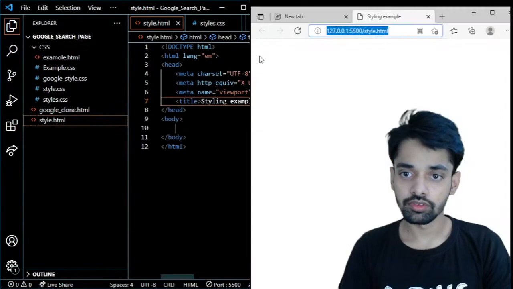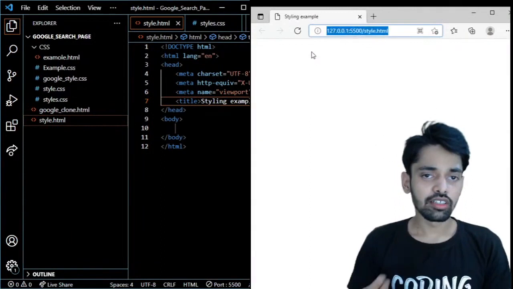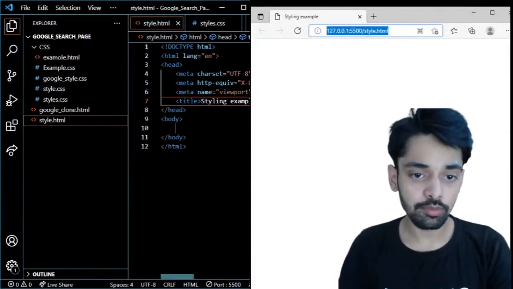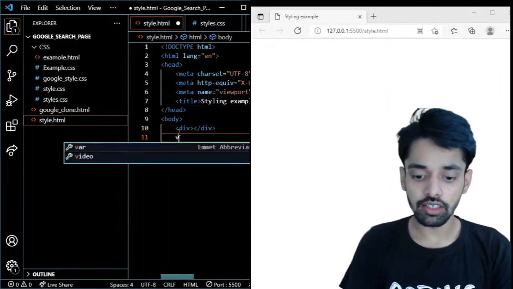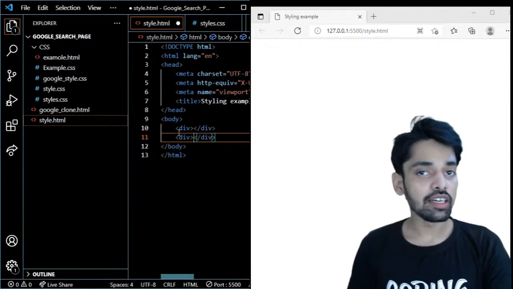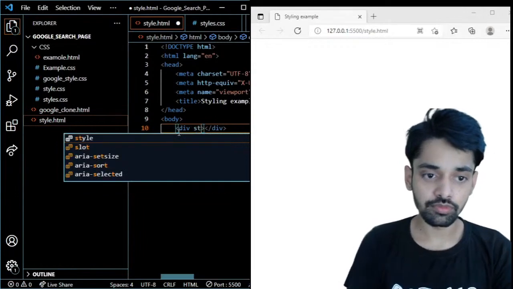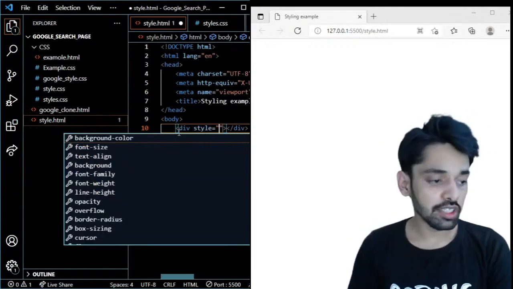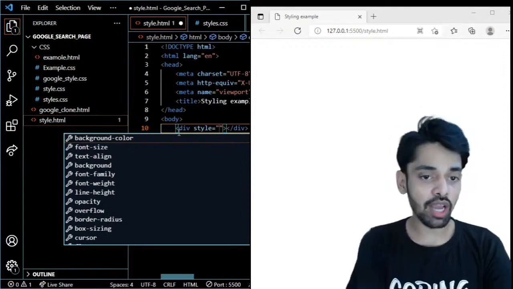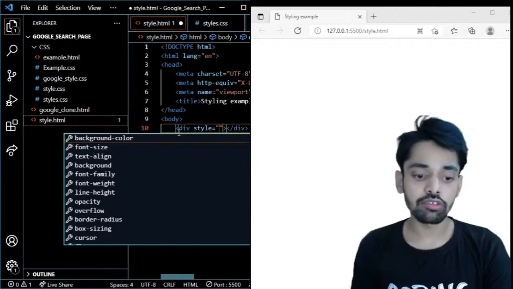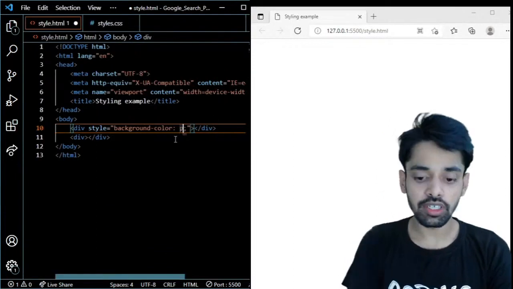As you can see, we have our live server over here. And now let us take the same example of div that we learned about earlier. So we'll have two divs and another div. Now you want to style it using inline styling, so we'll add a style over here. In this style there are multiple suggestions, like background color, font size, text align. I'll go with background color because I want it to be visible to us. So background color, let us keep it as purple.